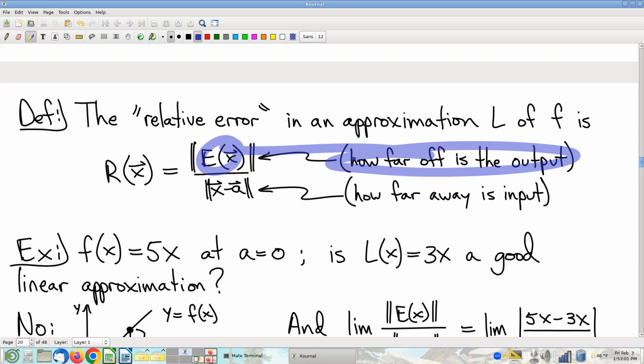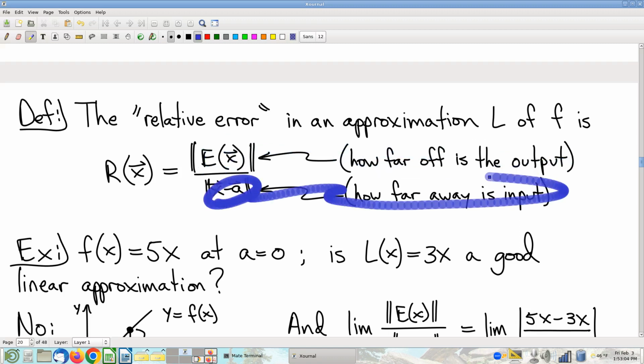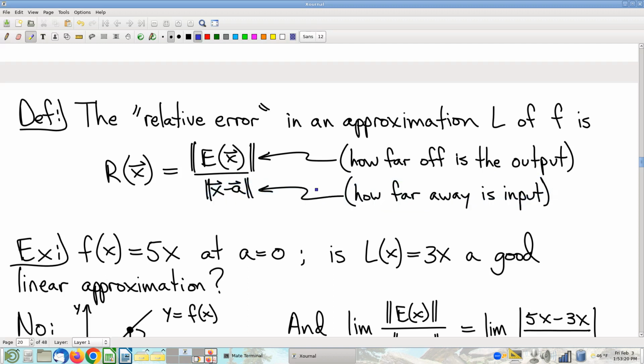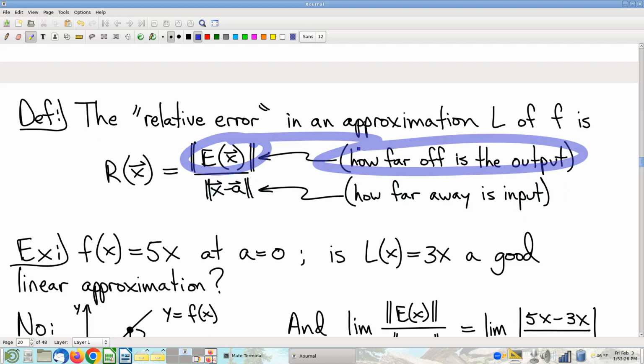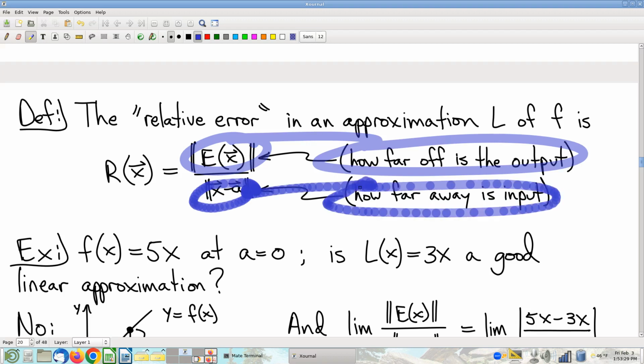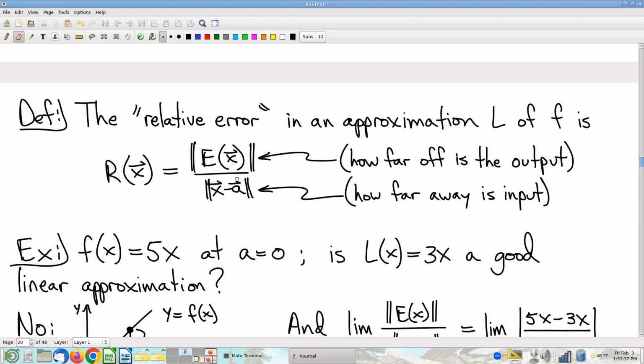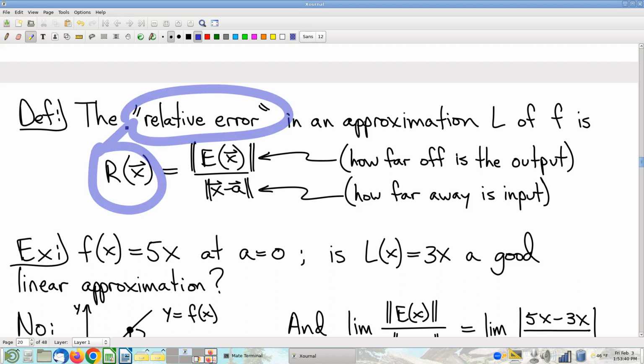We need to know how far off you are compared to how far away you are from the point where you're doing your approximations. And the closer you are, the closer those approximations really ought to be, right? So we're going to divide, and this is just a construction, how far off your estimate is by how far away your input point is from the approximation point. And I'm going to propose not only should the error approach 0, but furthermore, this relative error should